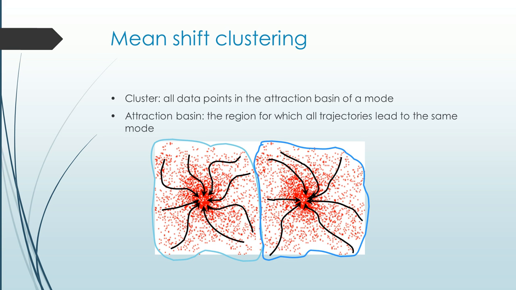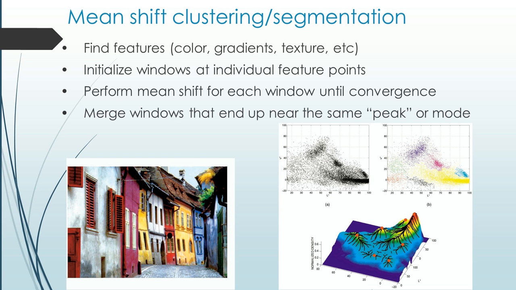As you can see here, we have different trajectories that lead to the same attraction basin, which is the center of mass of the whole cluster. In this case, we are not having a particular circle-based approach. This is more of following the different vectors that we are producing along the trajectories of the center